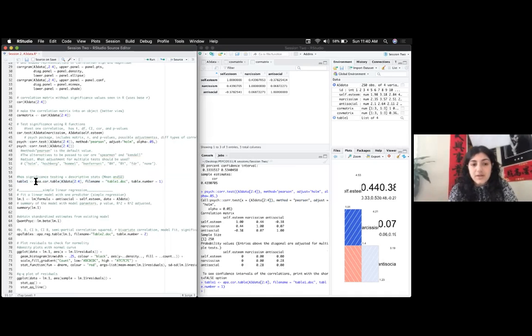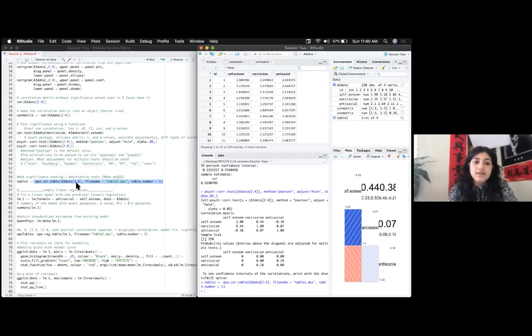So basically what I've done here is I've not only created an output file labeled as table1.doc, so it's a Word document, and I've indicated the table number within that document previously by putting 1, and I've also told R which columns to use to make this table, but I've also made it into an object